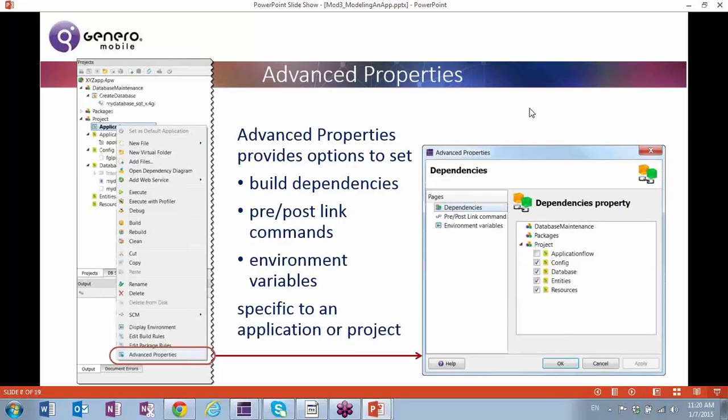You can right-click on an application node, and there's an Advanced Properties option in the menu. And that Advanced Properties option will show you all of your dependencies. There's 3 or 4 different tabs that you can look at. The one that I'm usually in there looking at first is Dependencies. These dependencies let you specify build dependencies. So if your project depends on some of these different libraries, for example, that you have in your project structure, like database, entities, resources, like a styles file or an action defaults file, you can specify that dependency here in